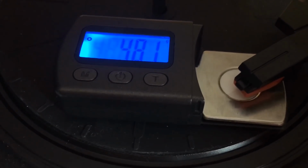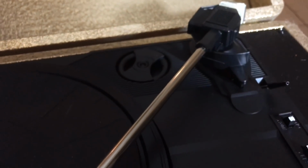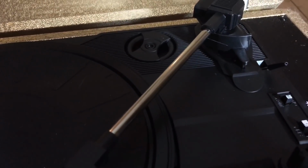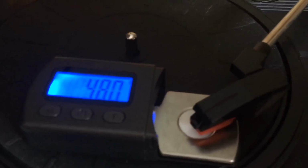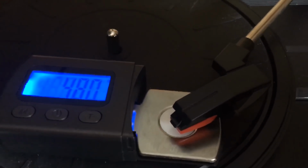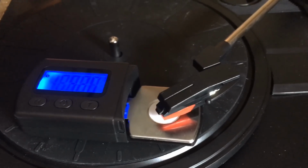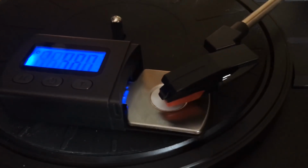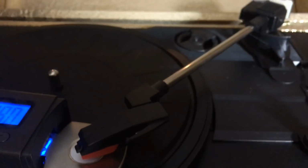4.81 grams. So I'm going to permanently attach that weight on the back. I'm going to get out some super glue. We're going to make it cosmetically look stock, and I'll show you how I'm going to do that. But I think we're within spec for this cartridge, and really, if you put any more weight on this thing and try to track it at 2 grams, you're gonna be sadly mistaken. So let's call it 4.8 grams and